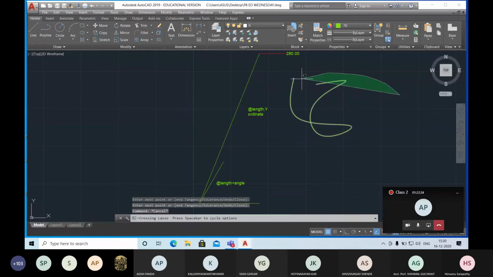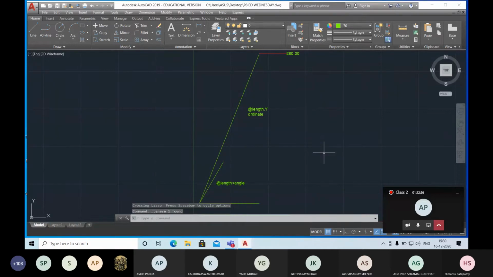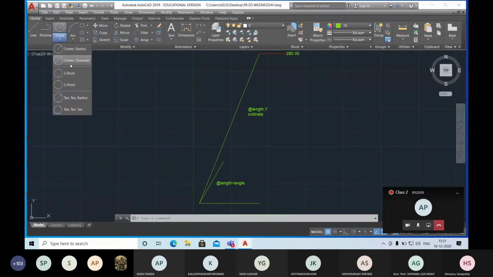Okay. So these are your line group, under which we can draw many types of lines, like line, polyline, XLINE, ray, multiline, SPLINE. Now the second command is draw circle. To draw a circle, there are 6 options: center radius, center diameter, 2 point, 3 point, tan tan radius, tan tan tan.